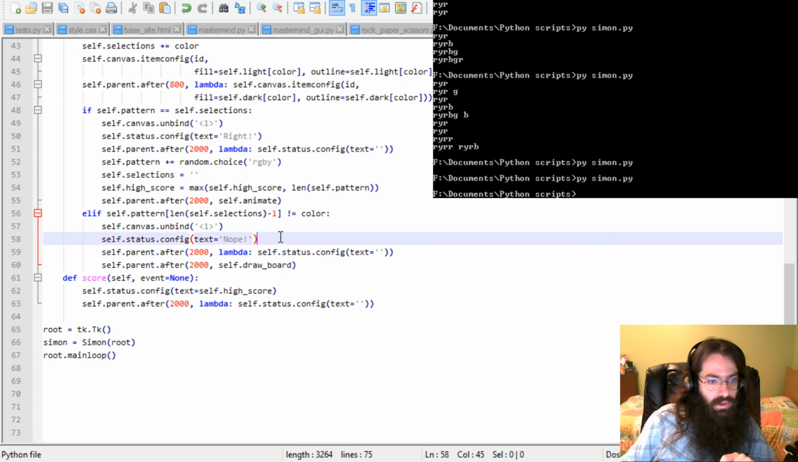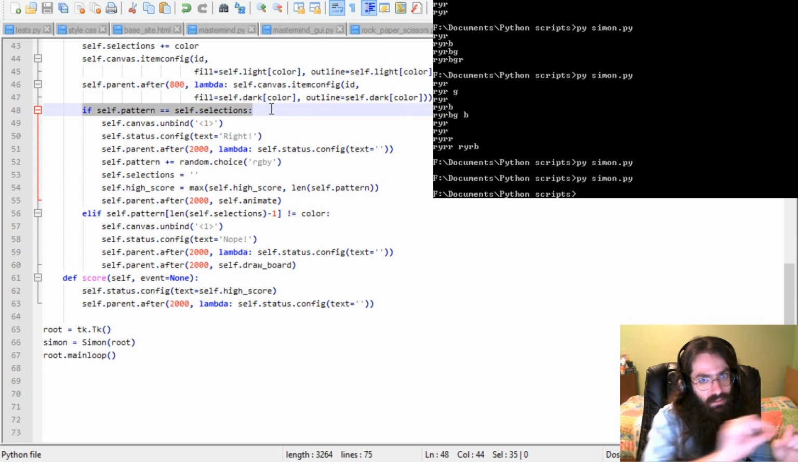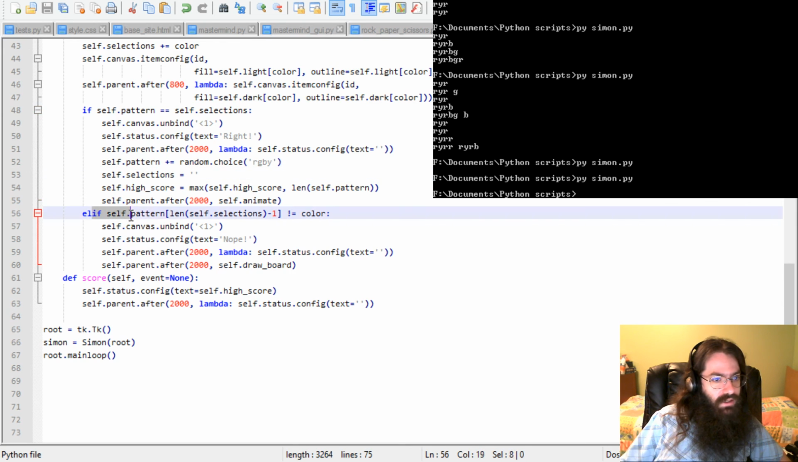The problem with this particular issue was that I didn't have the elif there. So it was saying, oh, you have completed the current pattern, it's a match. Now it's going to start from the beginning and add one more, and it's going to clear what you've clicked because you have to click everything again. So it cleared what you clicked, and then it checked the length of self.selections minus 1, but the length of self.selections was 0, because it was now an empty string that we just changed. Minus 1 would be minus 1. So self.pattern minus 1, which means the last element in the pattern,